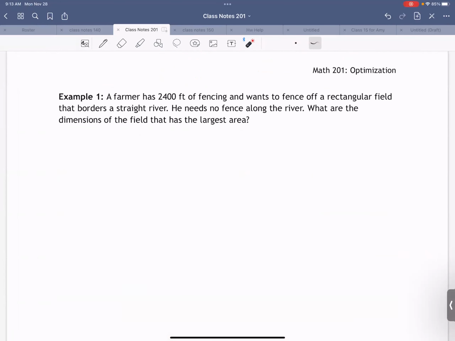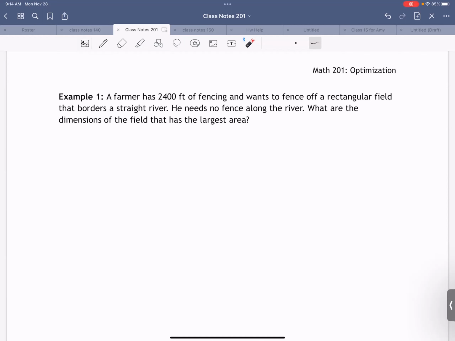Yep. This is a very classic optimization question. We have a farmer. He has a bunch of fencing. He actually has 2,400 feet of it. And he wants to create a fence to make a rectangular field, okay? Now this field borders a straight river. So along the river, he doesn't want to put fencing because it doesn't really matter there. And we want to figure out the dimensions of the field, so length and width, that has the largest area, right? So we want the biggest area possible with this amount of fencing. Okay,